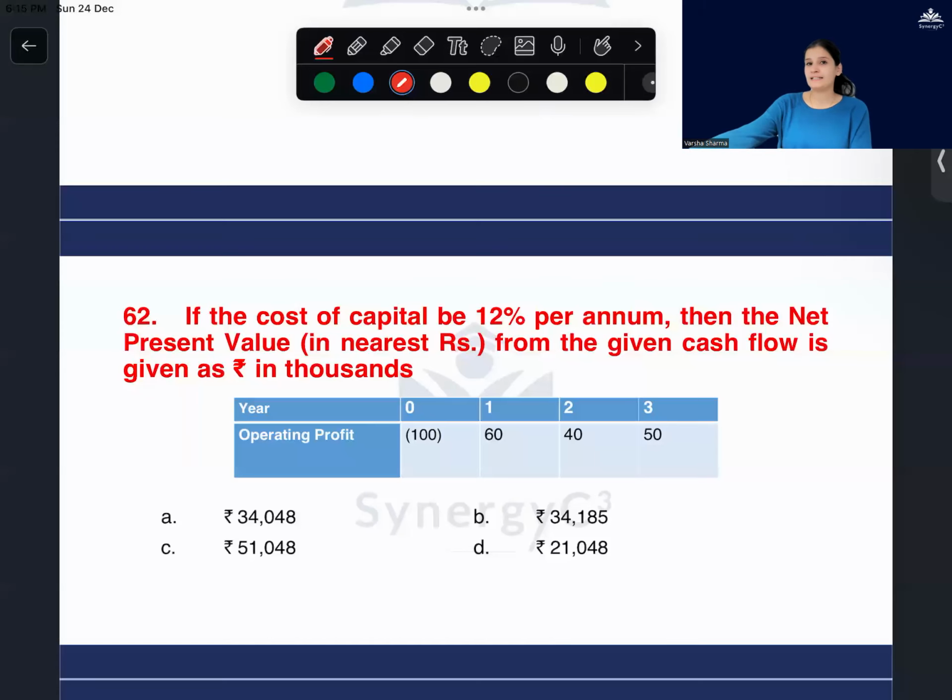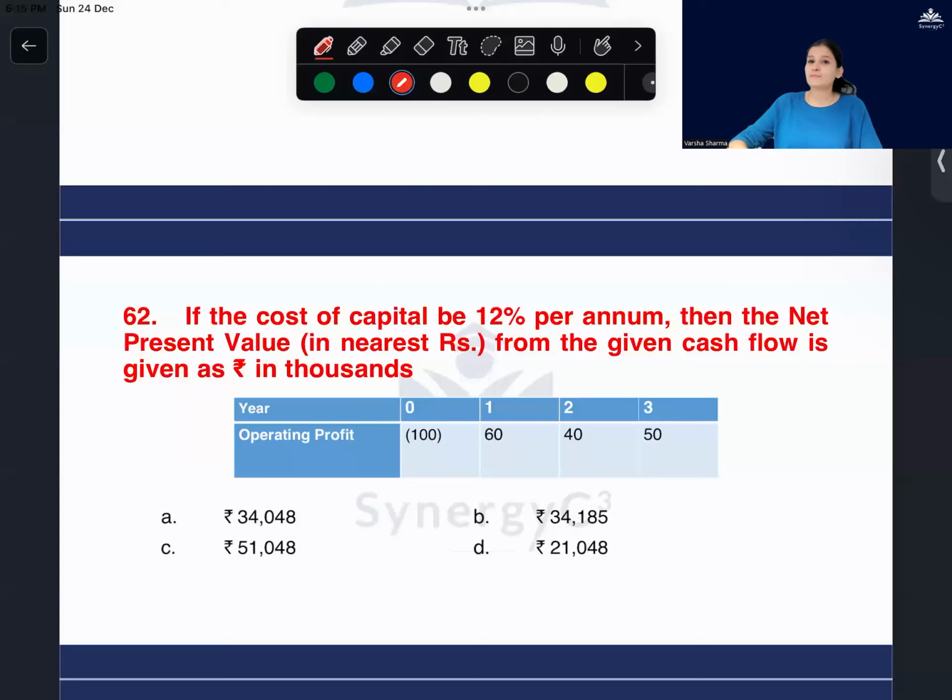Supposing I have an asset that is costing me rupees 1,000. In the first year, it's going to return me an amount of 200 something. Don't read this question. I'm saying something. I have a machinery that I have spent rupees 1,000 on when I purchased it. So this is the amount that has gone out of my pocket. So this is an outflow for me. It went out. Now this machinery, this asset is going to give me some return.